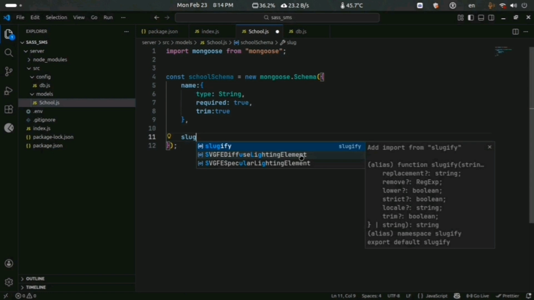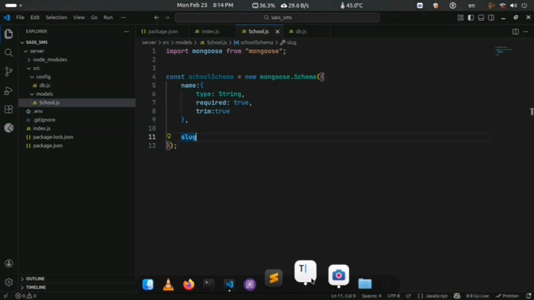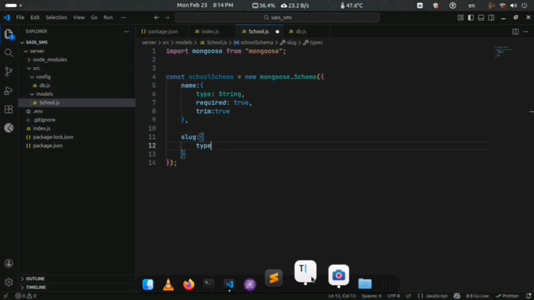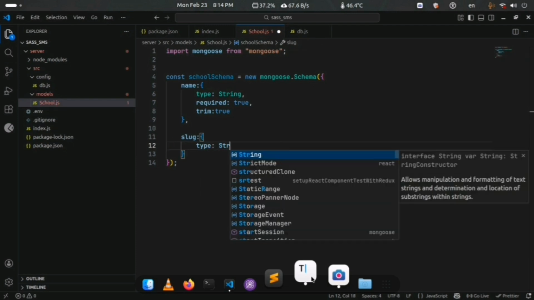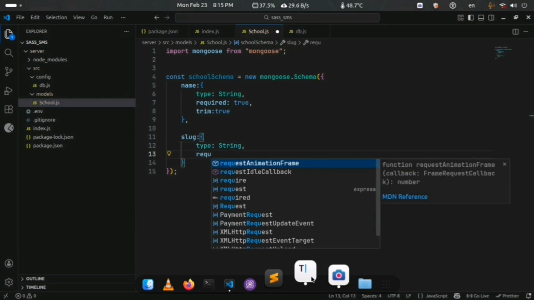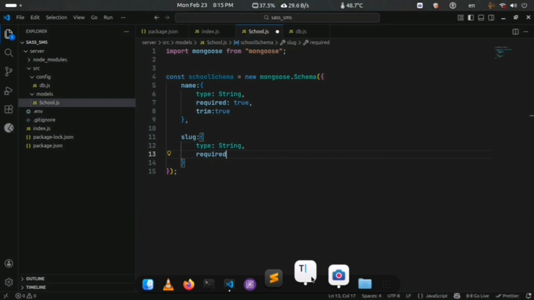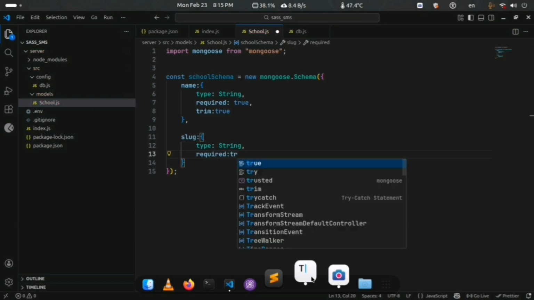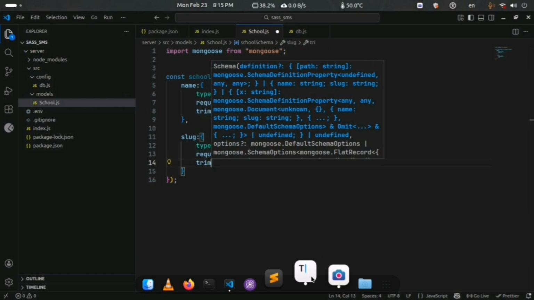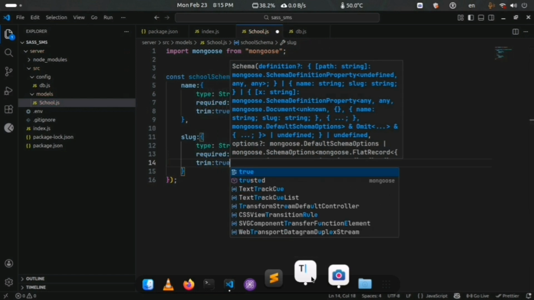Based on this, we will create a unique site link for every school, because school name can be the same but slug cannot. So slug, type String, required true, trim true.